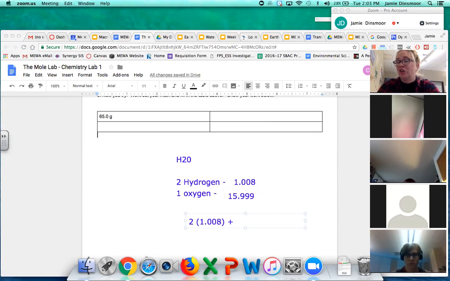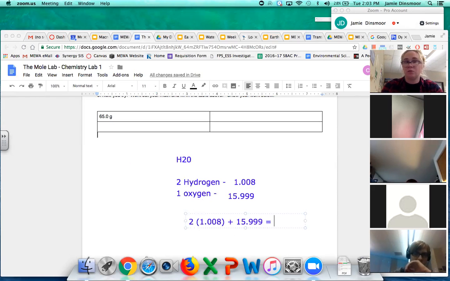I'm writing out what we're going to do. If you're not sure, maybe you can try to put that into words. Thank you, Logan, for putting it into words. Well, we have 2 hydrogens and 1 oxygen. So all we're going to do is take these numbers and apply that concept here. We have 2 hydrogens, so 2 times 1.008. And then we only have 1 oxygen, so we need to add our oxygen, which gives us, I would say,